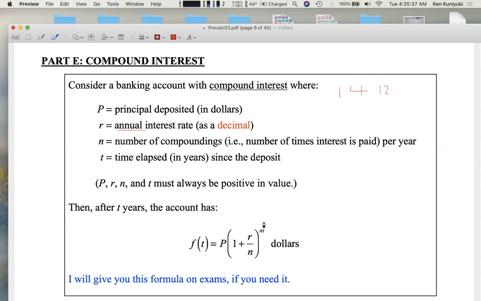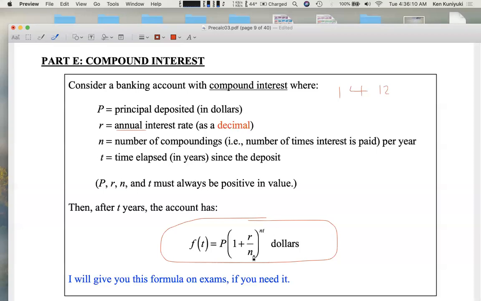So, good news and bad news. The bad news is that the formula looks like this. The amount of money you have after T years, assuming that you haven't withdrawn anything or deposited anything more, and assuming the interest rate stays the same. Of course, that's not guaranteed in real life. But there's the formula for compound interest. The amount of money you have after T years, or T years after the deposit, is P, the principal, times